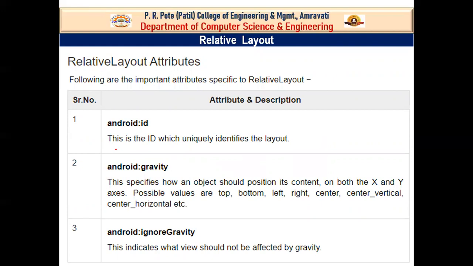So now linear layout is not in use that much. Why? Because of its complexity, and it's becoming very difficult to add the layouts in linear layout one after another, and that's why we come to the next view.